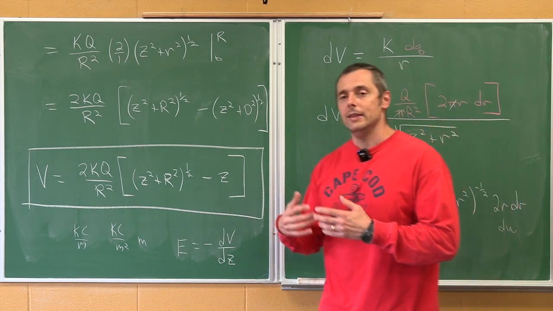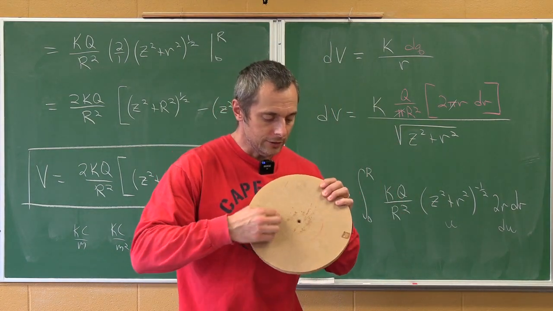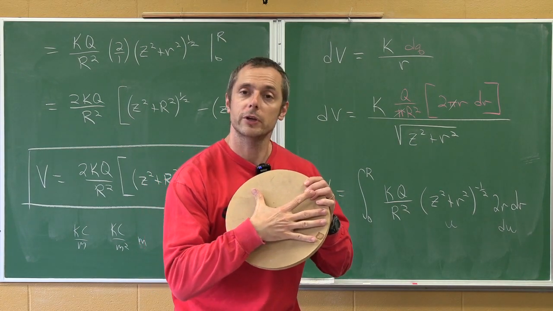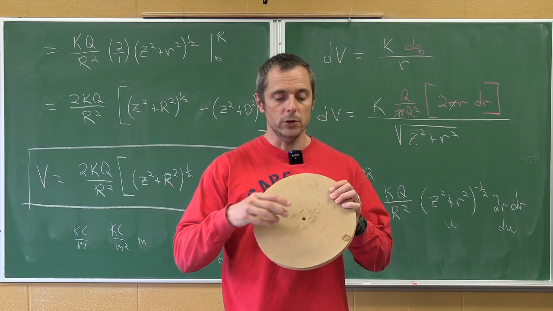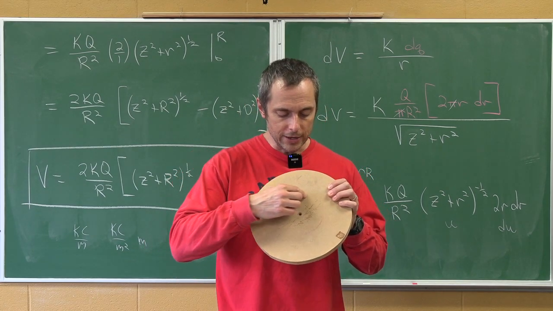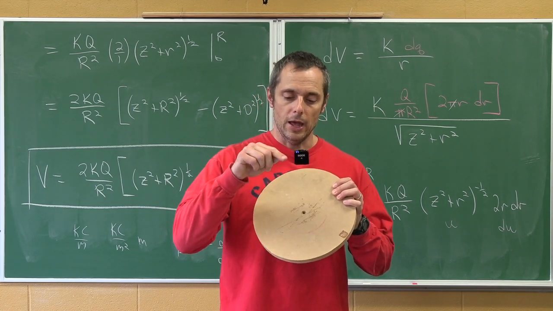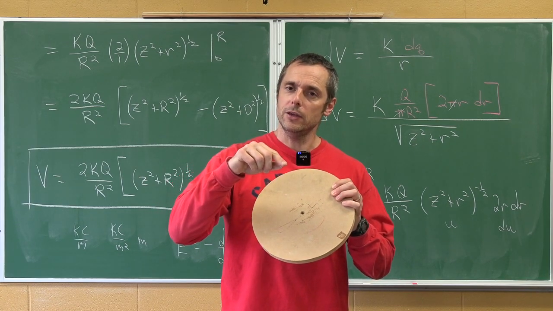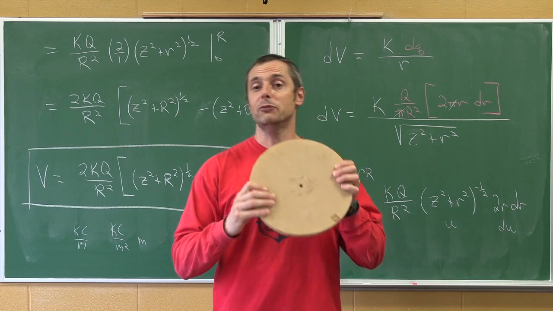So again, the electric field of a charged disk, we recycle the ring formula and find the dE and then integrate from 0 to capital R. And then for the potential, what we do is we do K dQ over R, the amount of charge in that ring, and then the R along this hypotenuse here, that KQ over R, and then we integrate from 0 to capital R again to get the voltage or